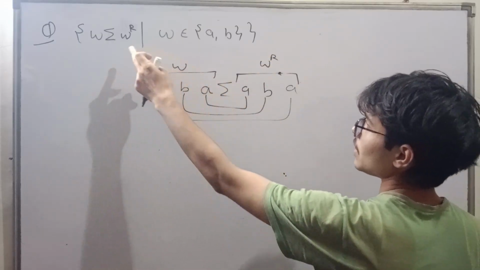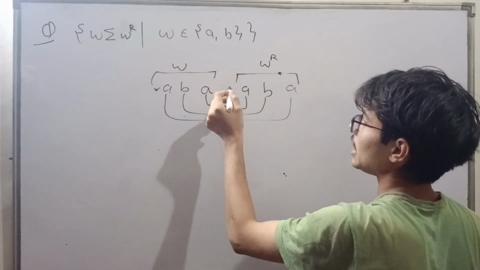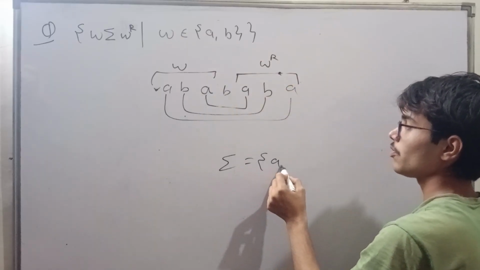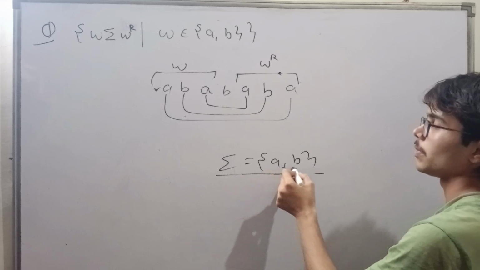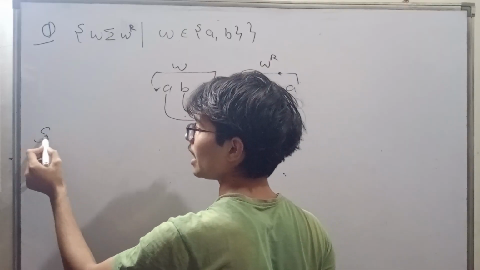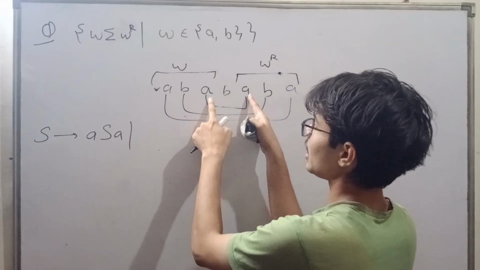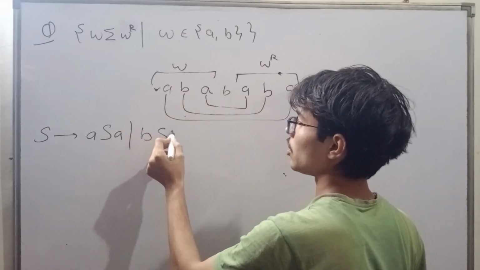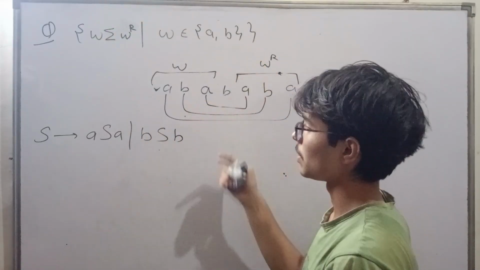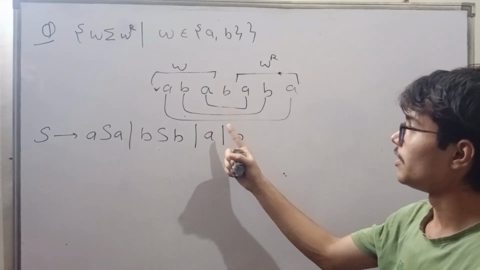But this sigma belongs to this domain. You can write anything here. You can write A here, or you can write B here. So that means sigma belongs to A and B. You can write any variable from A and B here. So firstly, from S you can derive: if you write A, you have to write A here, like A then A, B then B. If you write B, then you have to write B. But in the last, what is this replacement? In the previous questions we replaced it by epsilon, but here we replace it by A and B. And at the last we write A or B here.